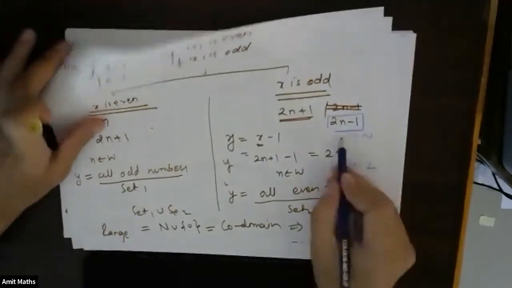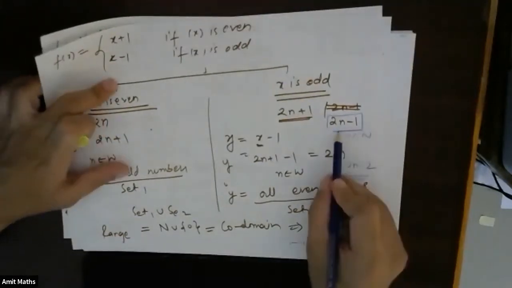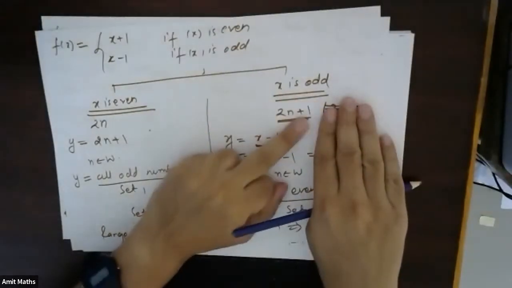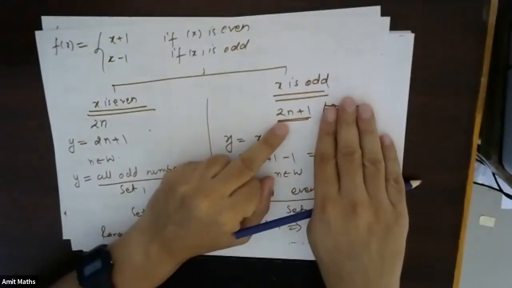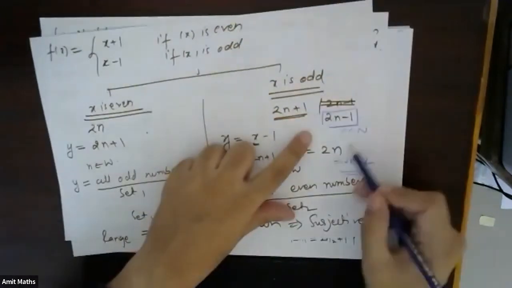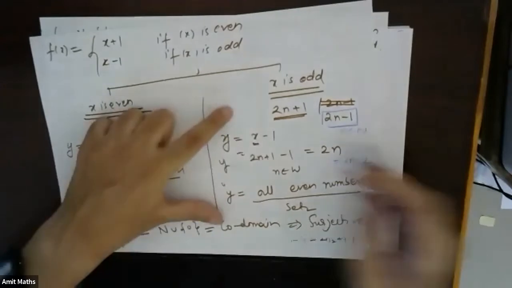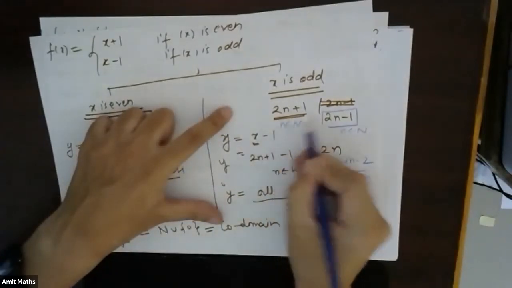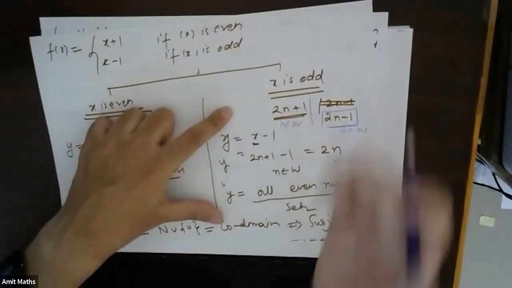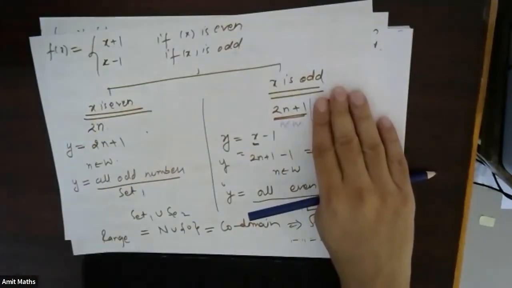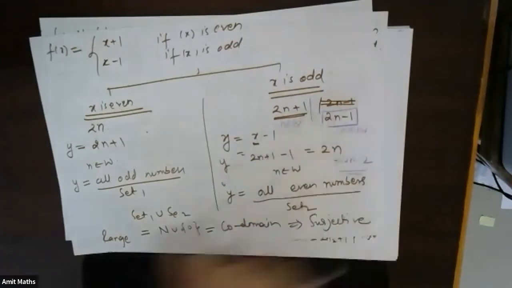So it does not matter if you take 2n minus 1. In 2n minus 1, n belongs to natural numbers. But if you take 2n plus 1, n belongs to whole numbers. Accordingly, you will change which set n belongs to. I generally, in my solutions, always take 2n plus 1 so that I won't get confused every time. So I will take whole numbers in this case. Fine.